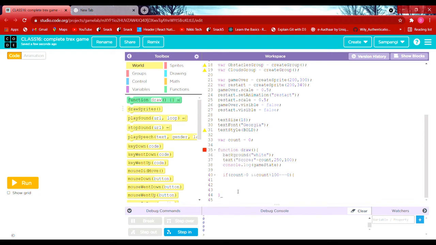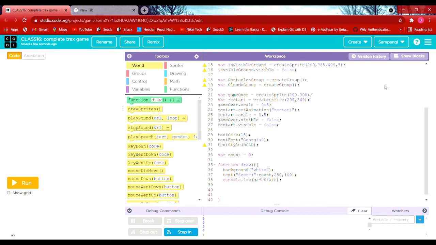So guys, here the if condition has to come. So if the game state